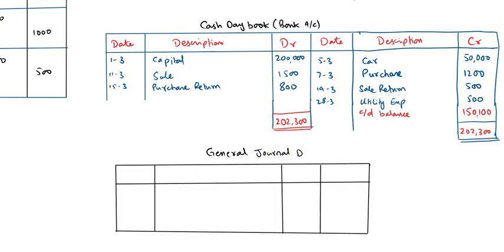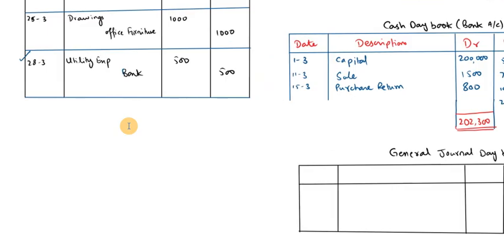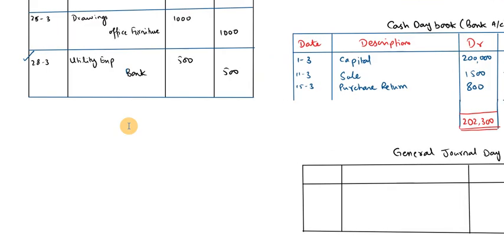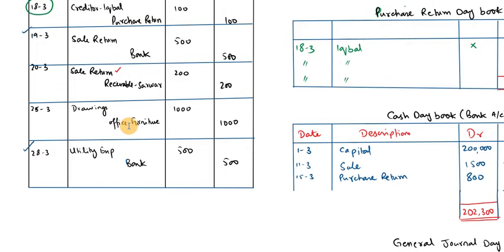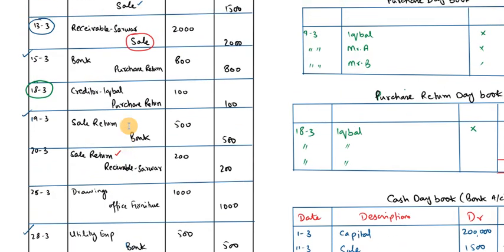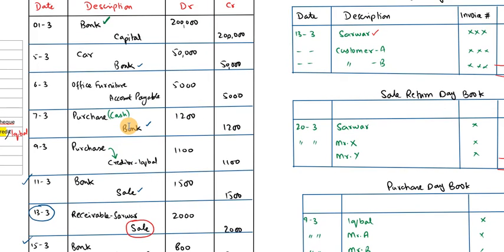In the journal day book, we will record those accounting head items which are not related with sale return, cash, or purchase return. So we can see